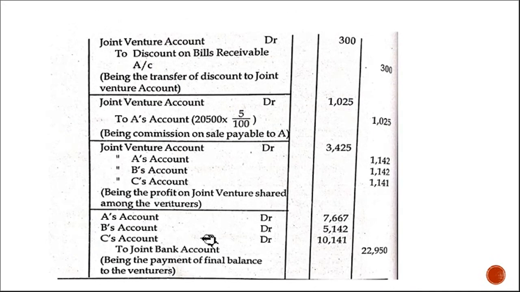Look at the last journal entries once again. Always leave some space for last entries. One is for profit or loss, another is for final settlement. Okay, so profit or loss, there is profit. So what is the entry? Joint venture account debtor to A, B and C. Profit, we have to write like this. Here if it is a decimal point, that's fine, no problem. Okay, and the final settlement, joint bank account you have to see. In joint bank account, how much A, B and C are paid, same thing we have to write. So this is the end of it. Practice it. Okay, read the problem, work it out and understand it. Okay, thank you.